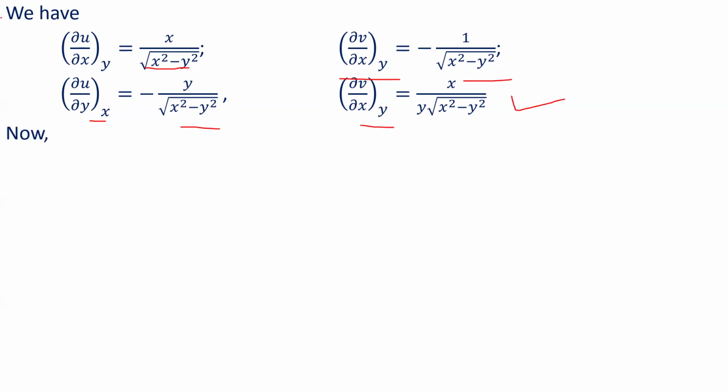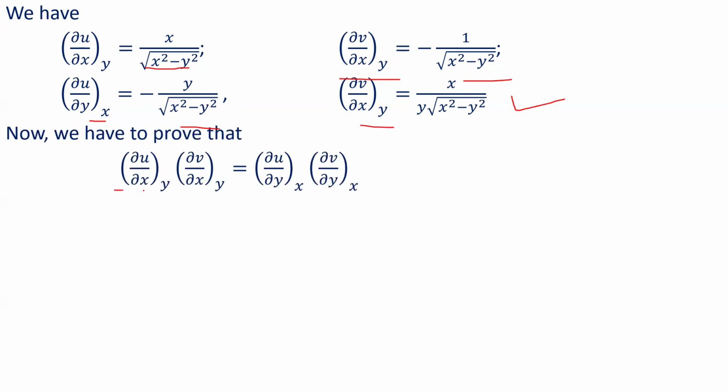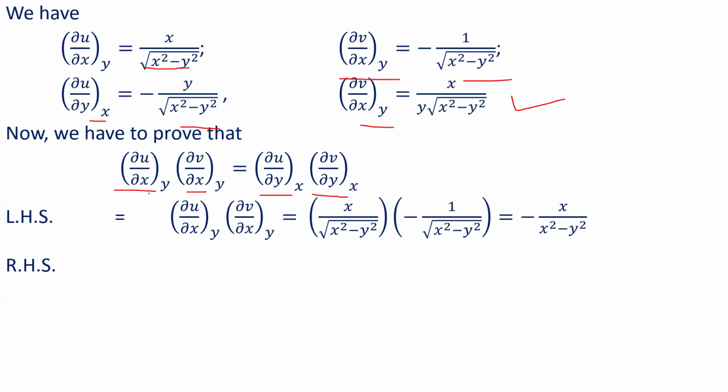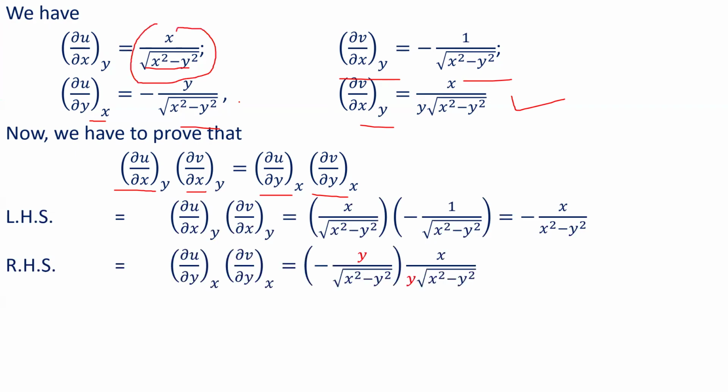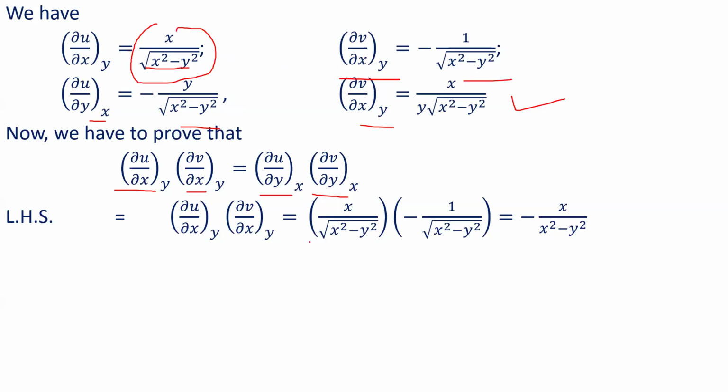Let us take the left hand side. What is the left hand side? It is del u del x when y is constant times del v del x when y is constant. So we have to prove this result. Now, what is del u del x when y is constant? This is x upon root over x square minus y square, and del v del x when y is constant is minus 1 upon x root over x square minus y square. So this gives minus x upon root x square minus y square into root x square minus y square,